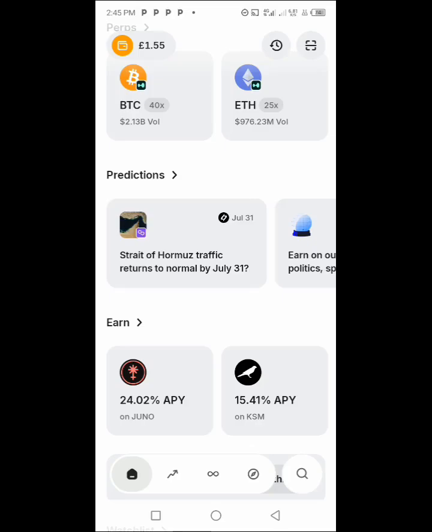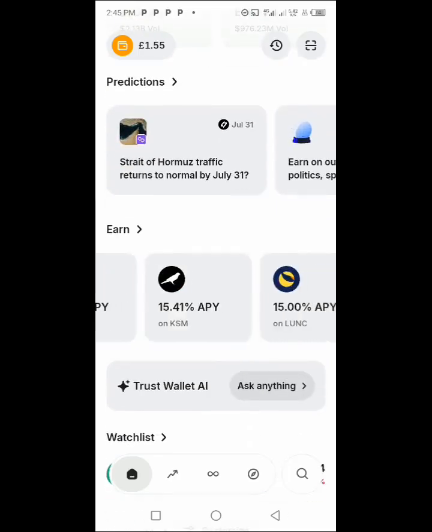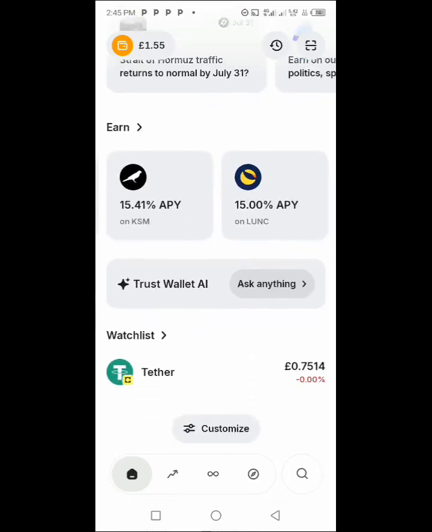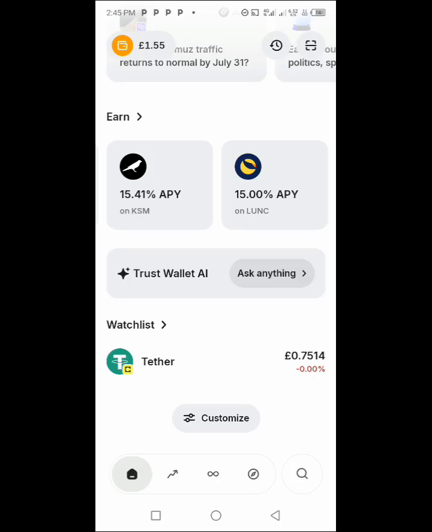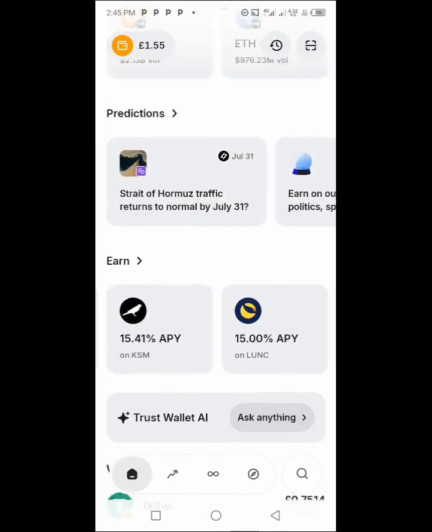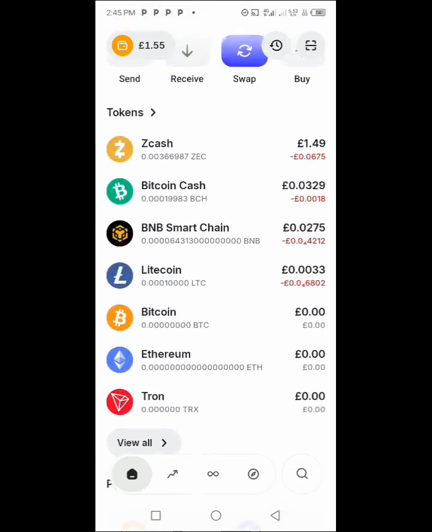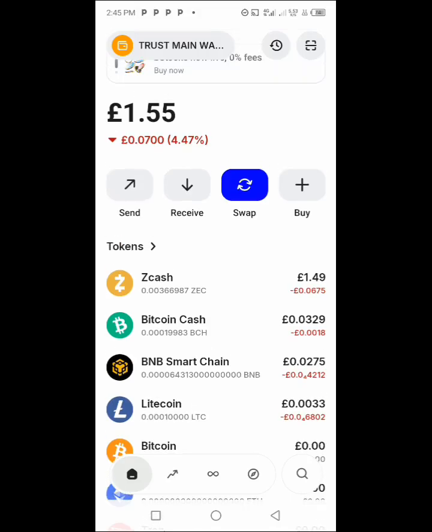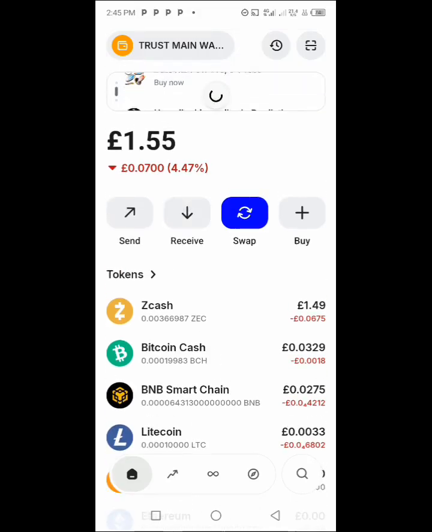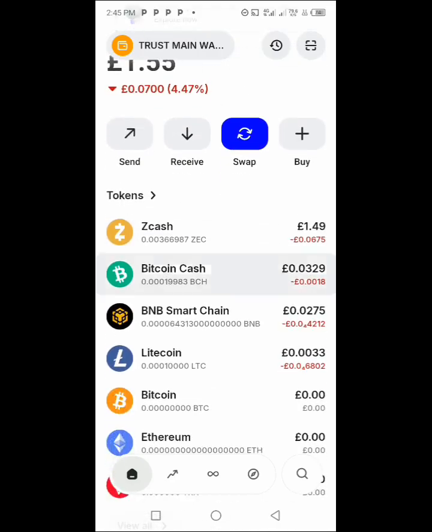Now currently you can trade perpetuals, you can make predictions, you can earn in various ways right here, and they recently added stocks on Trust Wallet. So what you have to do first of all is to update your Trust Wallet app to the latest version. All right, you have to go over to either Play Store or Apple Store and update your Trust Wallet app. And after updating your Trust Wallet app,